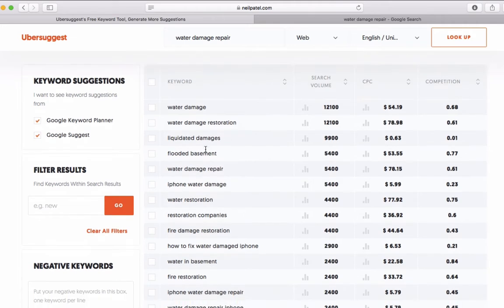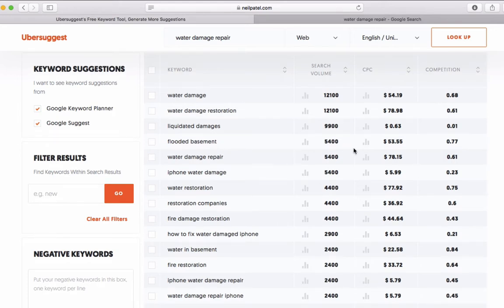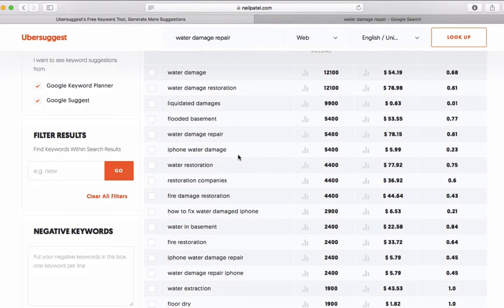Going through this, liquidated damages, I don't think applies. Flooded basement, if you have a flooded basement, that's the word you probably want to use, or if you have the services to remedy that, or you have a lot of people searching for that in your area. In Jacksonville, probably not many of those, but a lot of people are using that. And as we go down here,